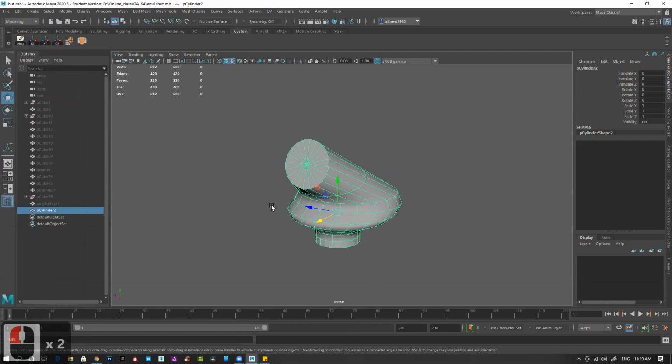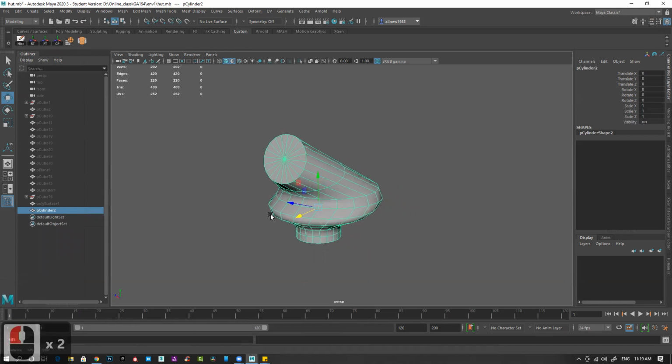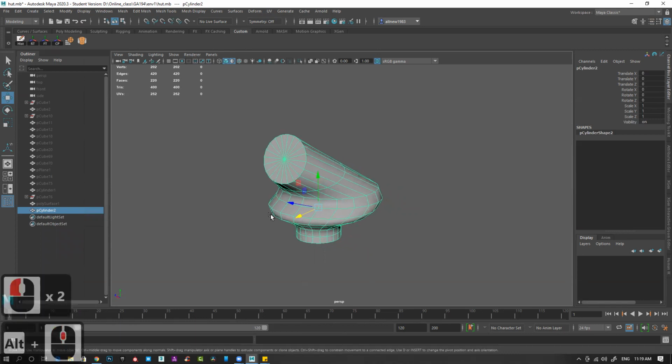Sir, I wanted to know how to add a base material. There are a lot of objects, and I'm getting confused how to differentiate one object from another. Like how to apply base?